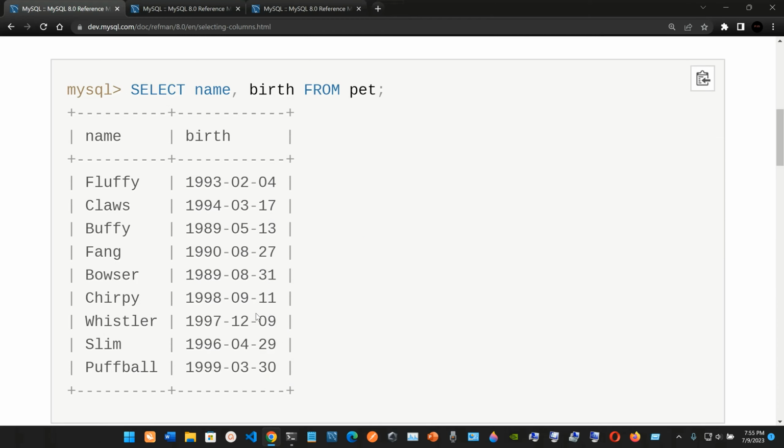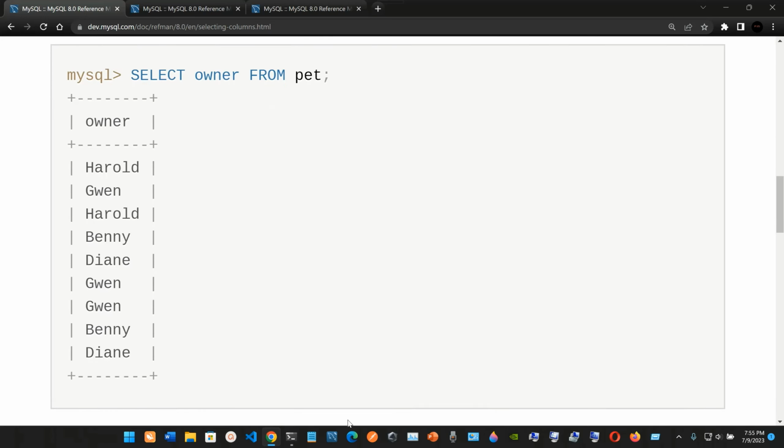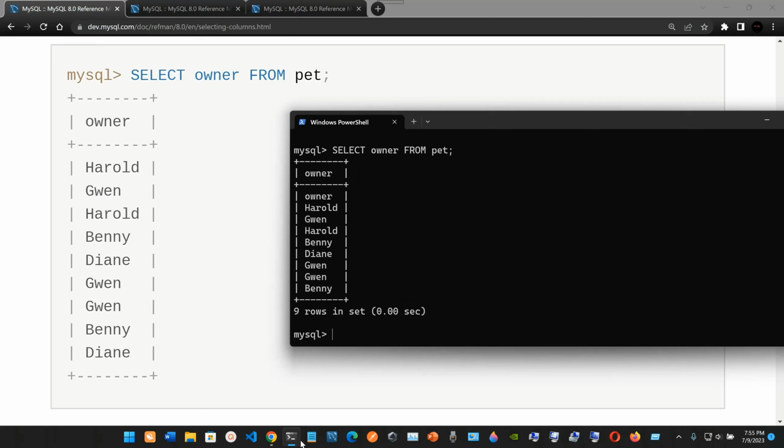Okay, so now we're gonna move on to find out who owns pets. So use this query. We're gonna use select owner from pet, and again you can just press your page up and just select owner. It's gonna be select owner from pet, and as you can see, we are gonna have this owner column, and we're gonna have Harold, Benny, Diane, Jim, Benny. Okay,